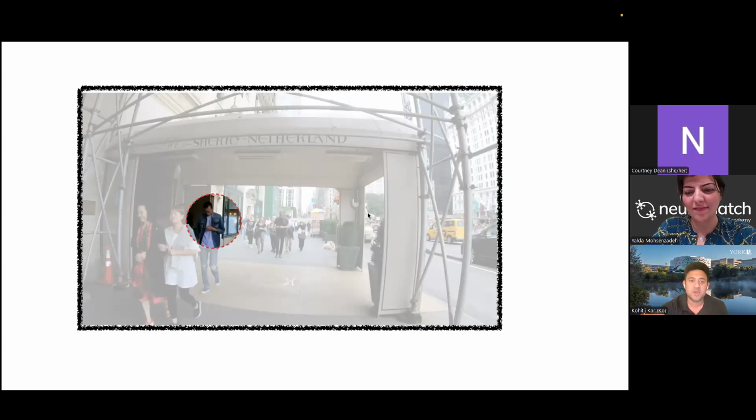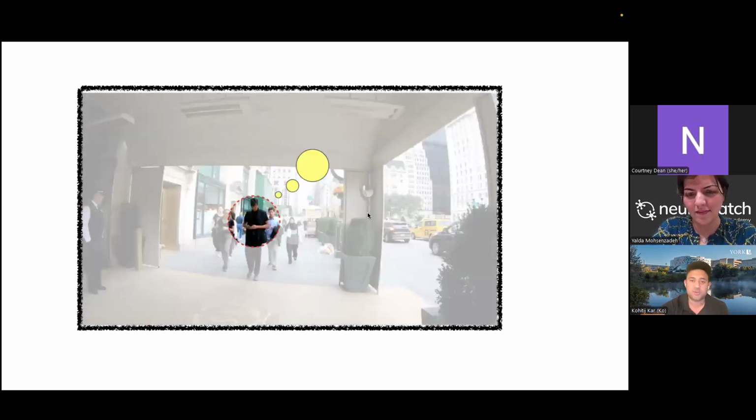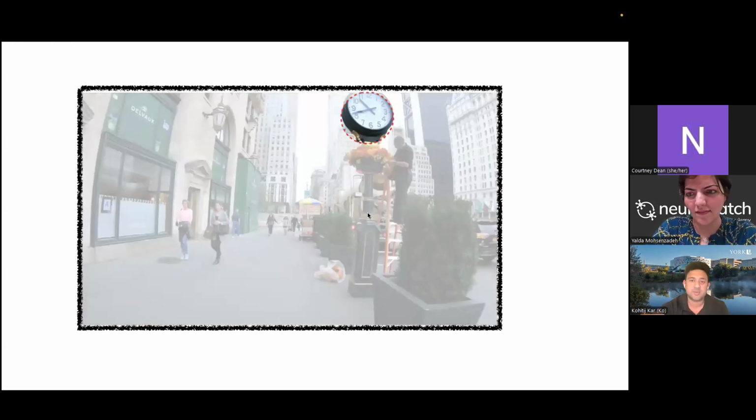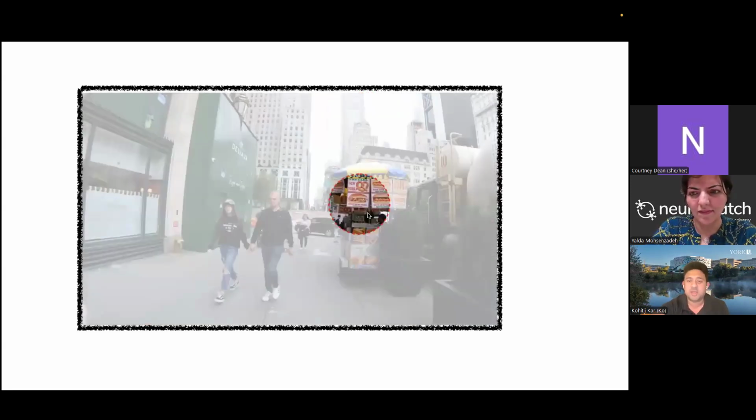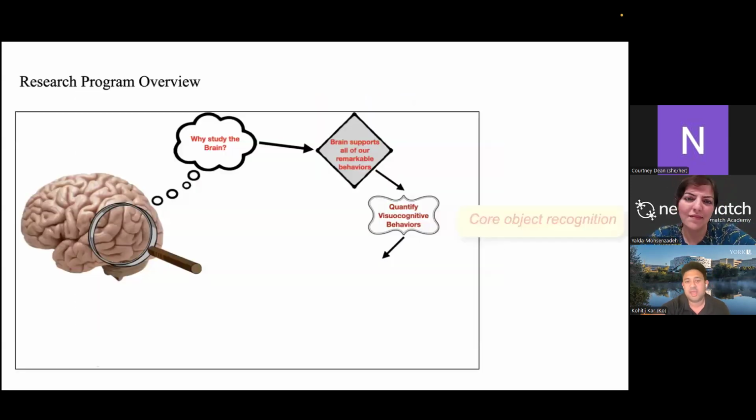Here's another person who is looking at his phone. We move our eye again. Here's another person who's looking at their phone. We can do things like quickly tell time. We can look at food, and this might trigger some previous memory of what happened when you last ate that food. Anyways, we can do this very quickly, and within hundreds of milliseconds, we can tell these things apart. And this is what a lot of folks in the field have defined as core object recognition.